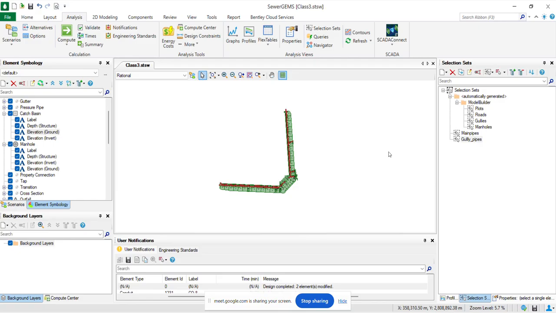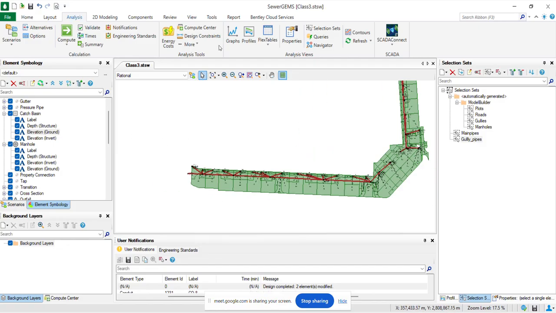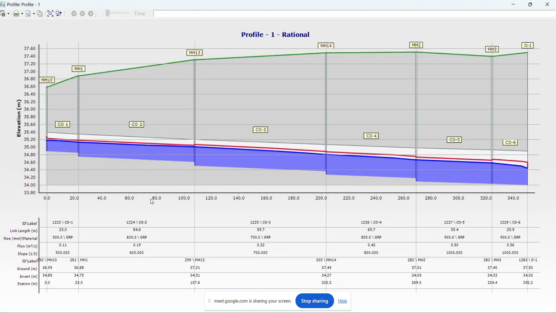Okay. So what we're discussing, we have set the rational method. Then specify local constraint. So see the profile. Here there are multiple variations in the diameters: 500, 600, 700, 800, 900. But I want everything to be 700. I want every pipe to be 700. So for that, what I want to do is